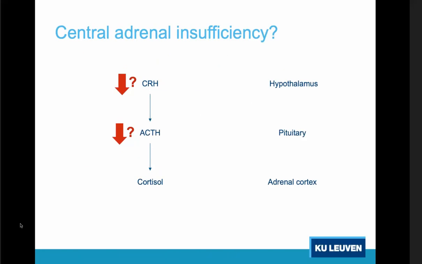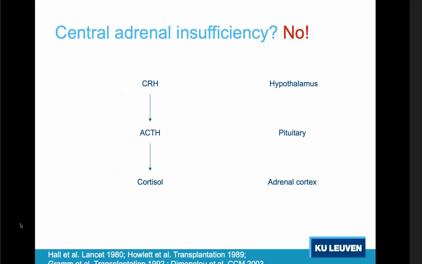A third endocrine abnormality, I must say insufficiency, which was traditionally assumed to occur in brain-dead organ donors, is central adrenal insufficiency. Indeed, when CRH and ACTH levels would drop after brain death, this could lead to low cortisol levels, which could then trigger an Addison crisis. However, as for the thyroid gland, observational studies have not found such